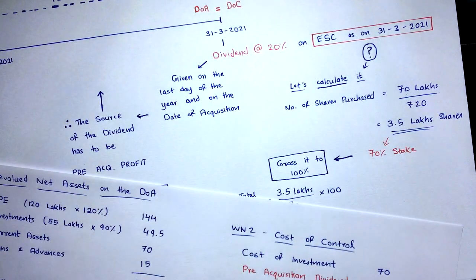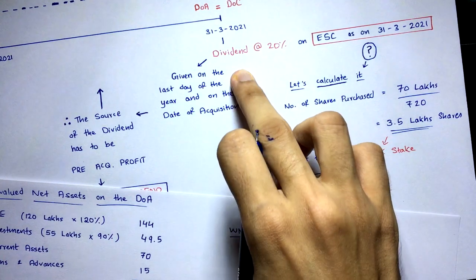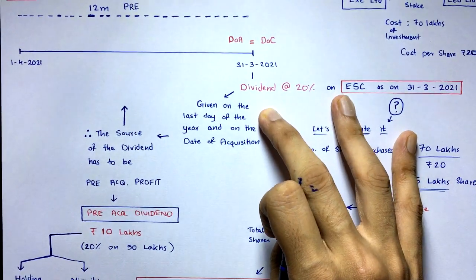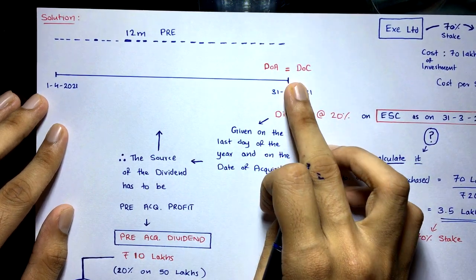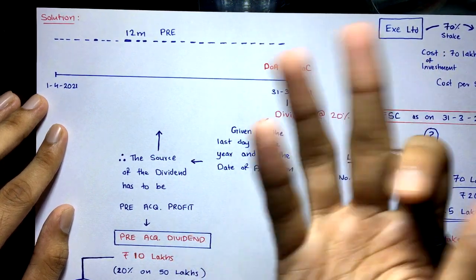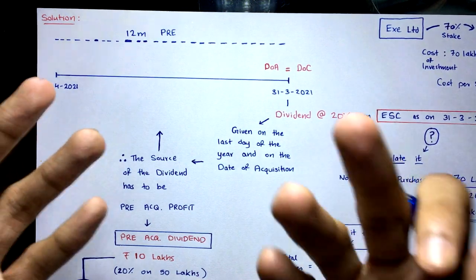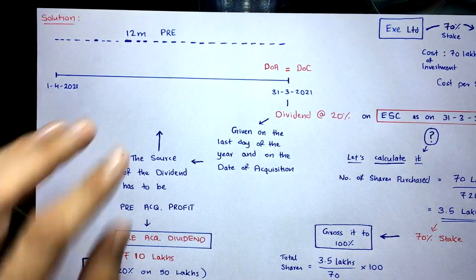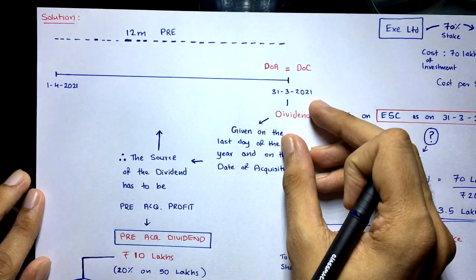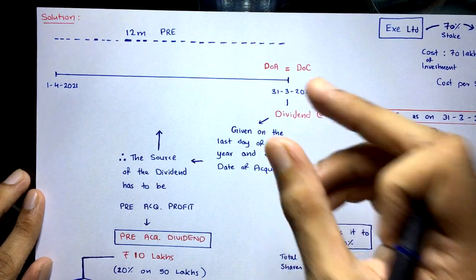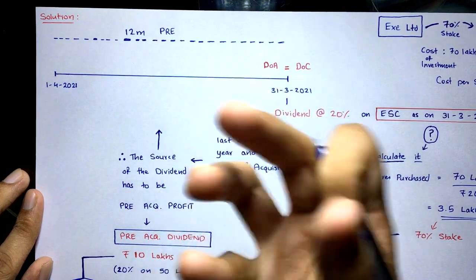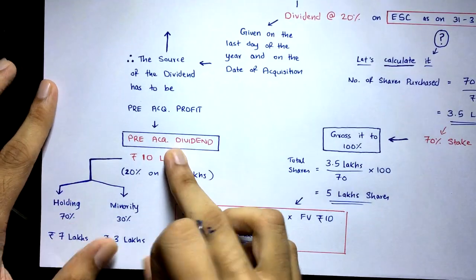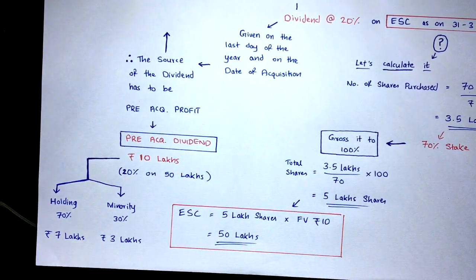I just wanted to make you understand regarding the dividend. Dividend which you are getting at the end. This is the date of acquisition and the date of consolidation. There is no post-acquisition period. There is no post-acquisition profit. Entire profit is only pre. So of course the dividend must have come out from the pre-acquisition profits. Okay, so pre-acquisition dividend,